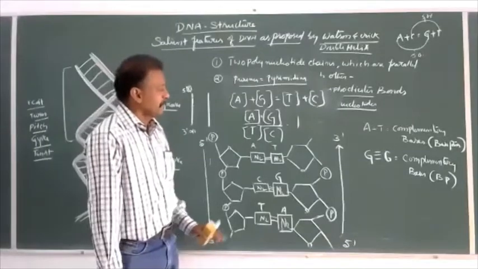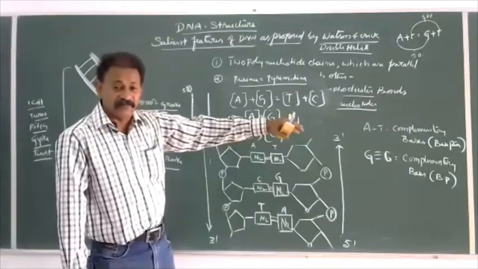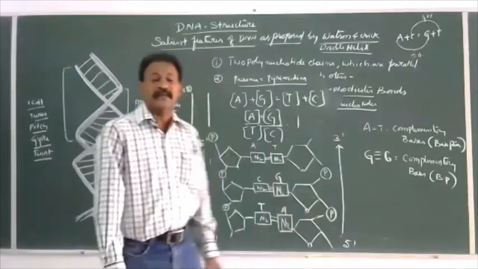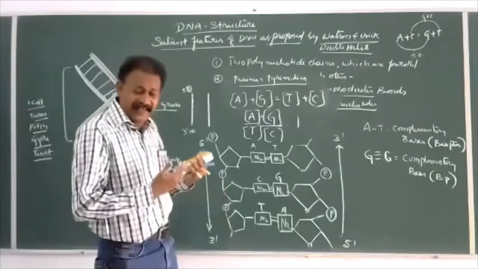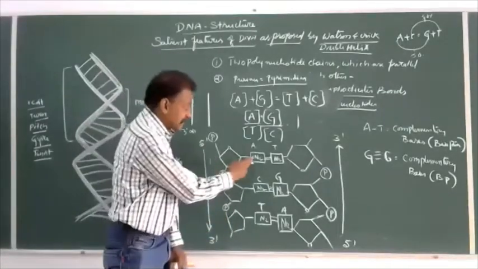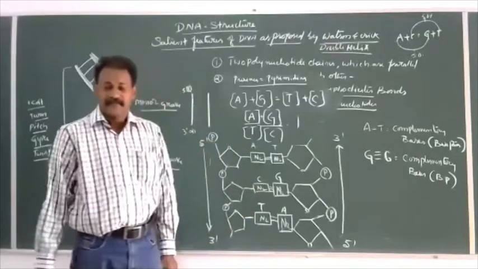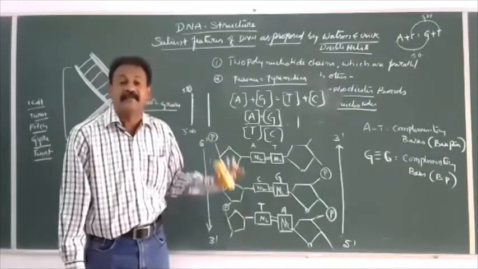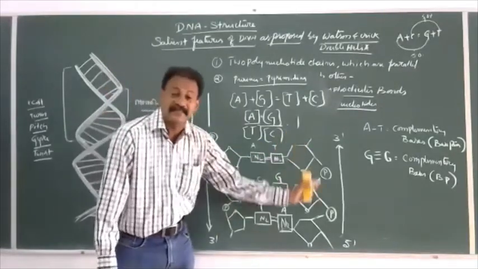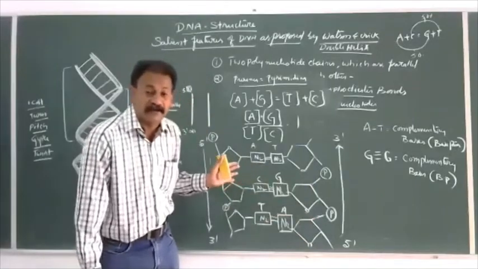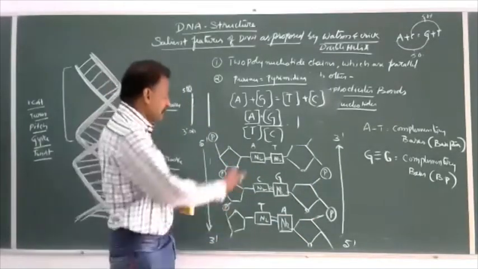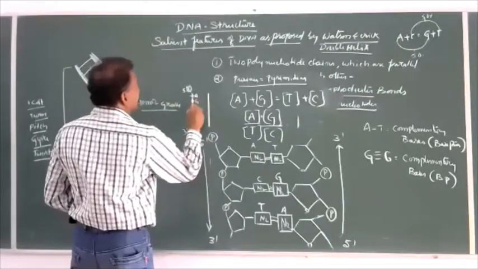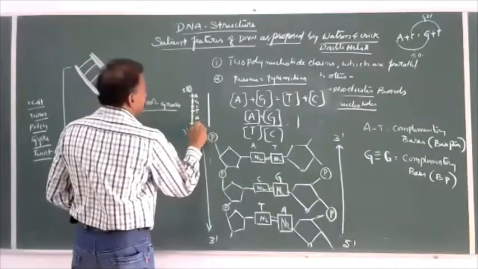And here, based upon Chargaff's base equivalence ratio, he proposed complementary base pairing. With this, if we know the sequence of N2 bases in one strand, automatically we can predict the sequence of N2 bases in the other strand, because base complementarity is existing. Compulsorily, if in one polynucleotide chain this is the sequence A, G, C, T, A, G, something.